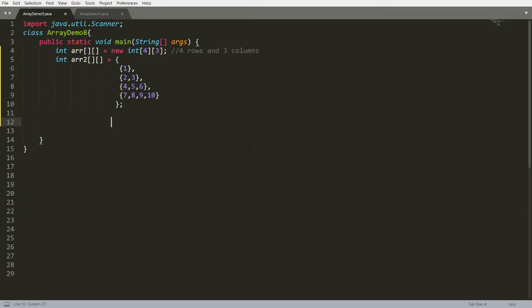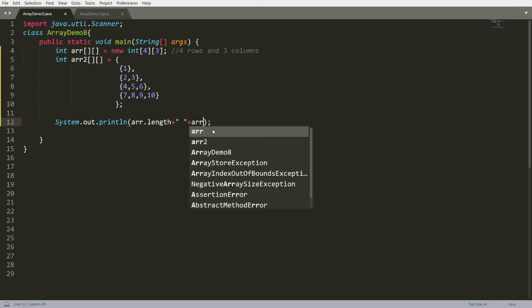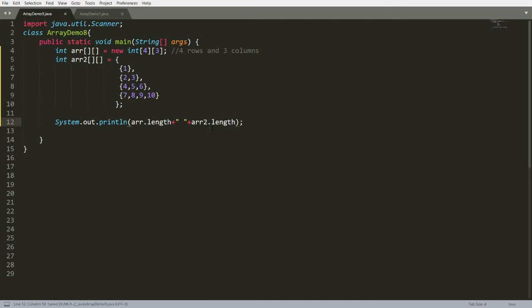Suppose you want to get the length, then you can write system.out.println. If you write here arr.length, then you will get 4 rows. If you write arr2.length, then also you will get 4. Why?